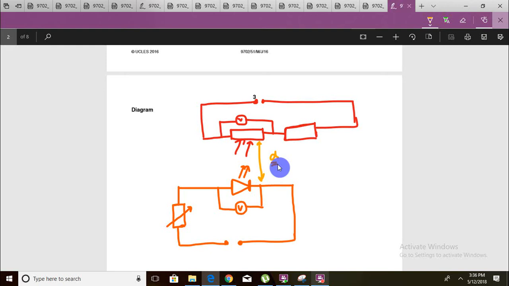In turn, connect the diodes into circuit A shown in the diagram above. Turn off the switch. Initially, have the rheostat at a very high value, and all of this should be carried out in a dark room. Then slowly decrease the resistance of the rheostat while observing the reading of the voltmeter